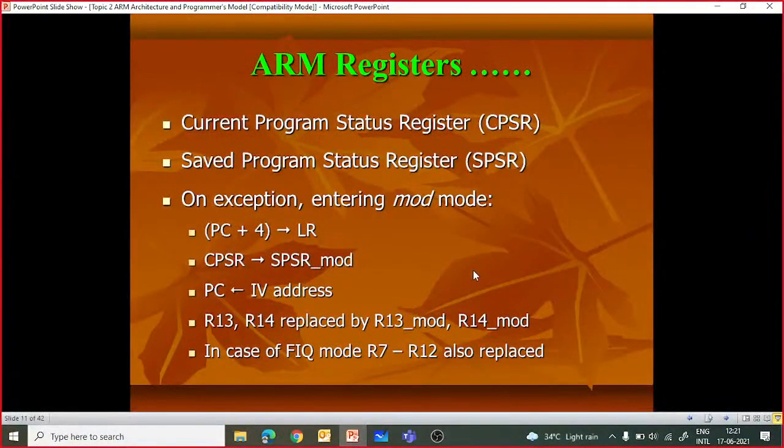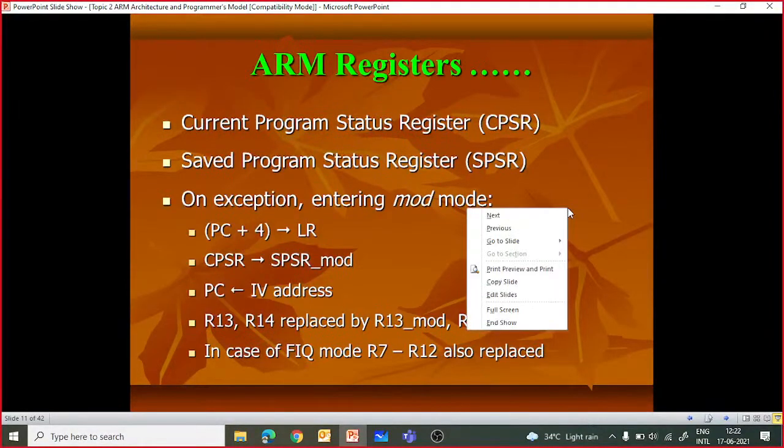It is my request that whenever I call your name or enrollment number, at least respond. If you don't know, please say you don't know. And whenever I say guess your answer, that means your answer may be wrong sometimes. No problem, you are free to give wrong answers, right? But at least you have to answer my question. Otherwise, I will mark you absent, right? Okay, so now let's continue our discussion.